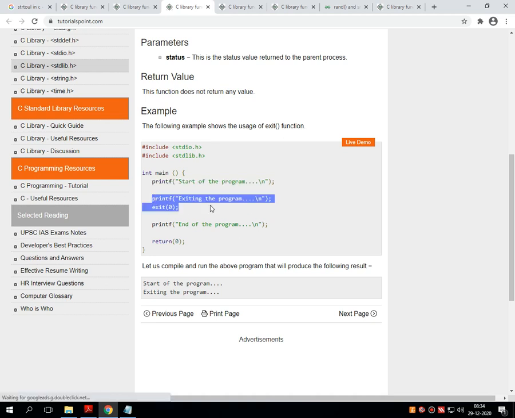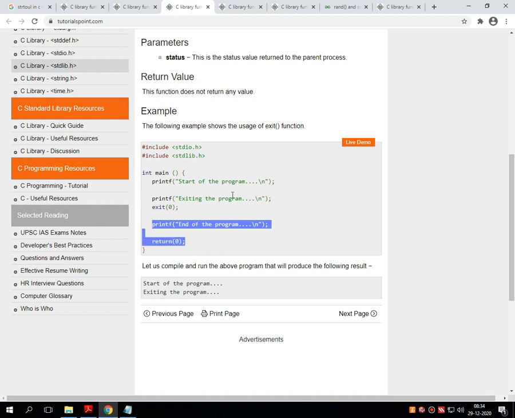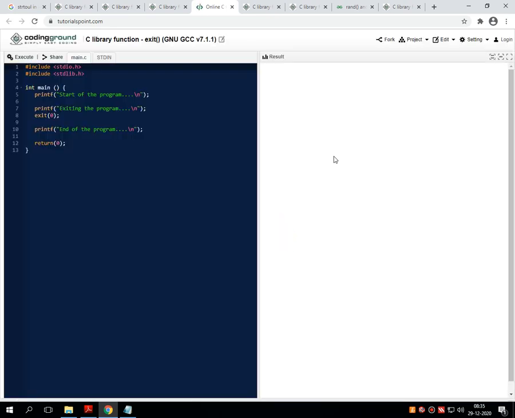Then on the very next line, there is an exit of the program. It's a printf statement, thus it will print the message which is given inside this function, and then I have used the exit statement. Now what it does, after that even there is a third line, that is the end of program. But whenever we execute this code, let me execute the code. Instead of printing the 3 lines, it will only execute the first 2 lines,